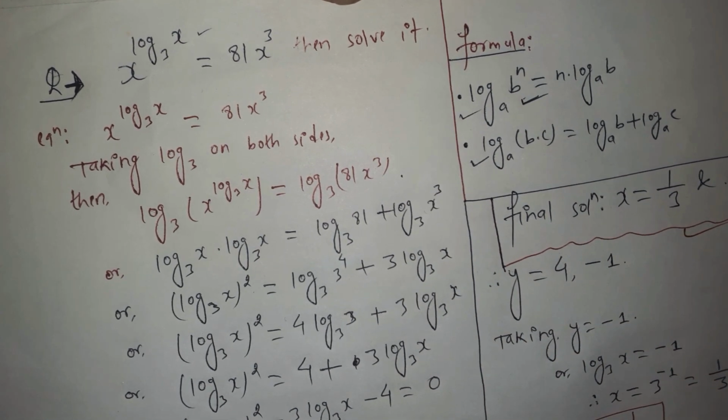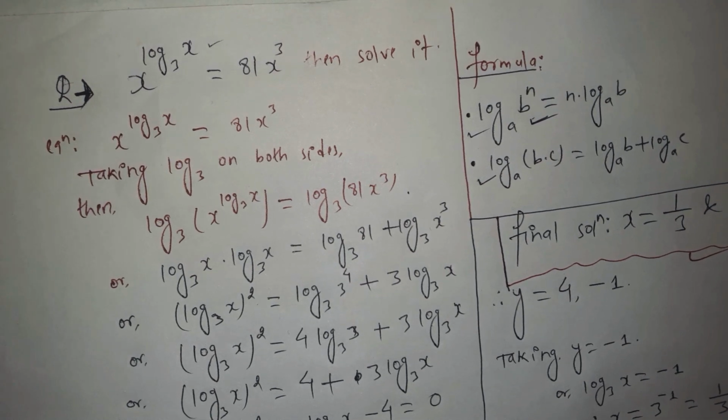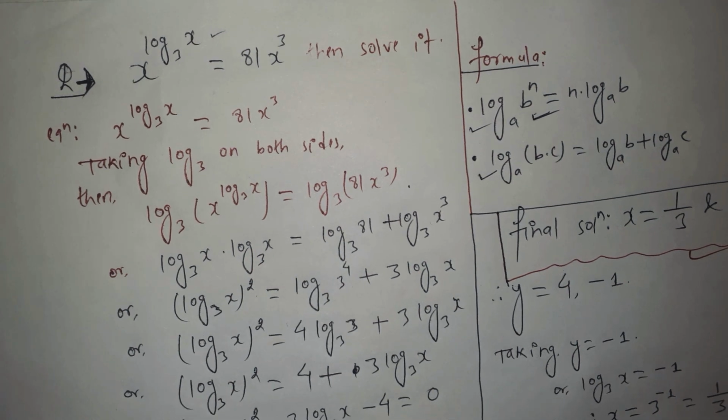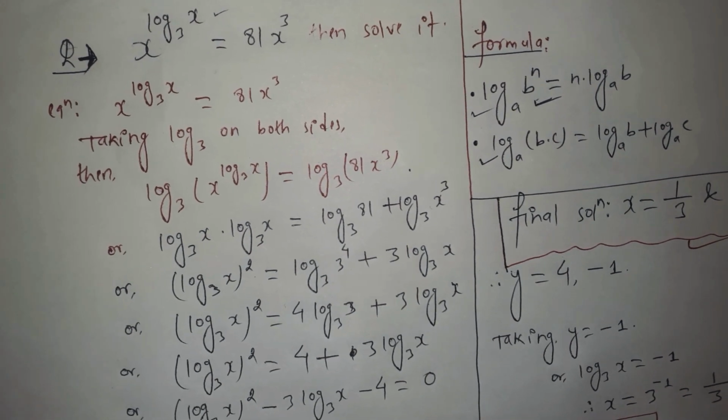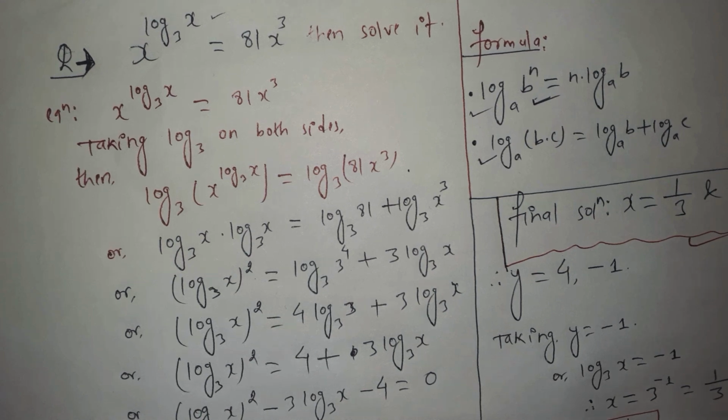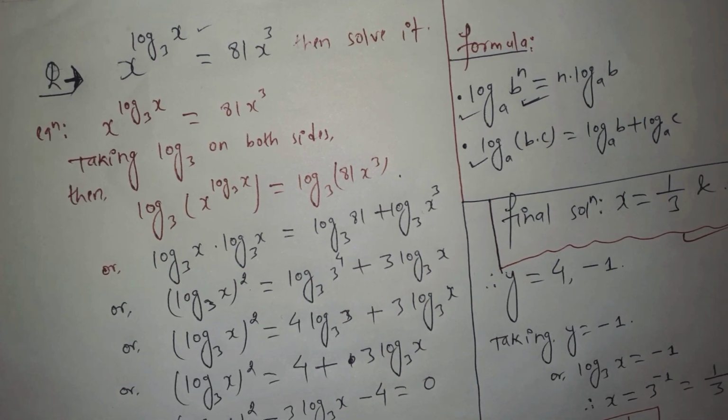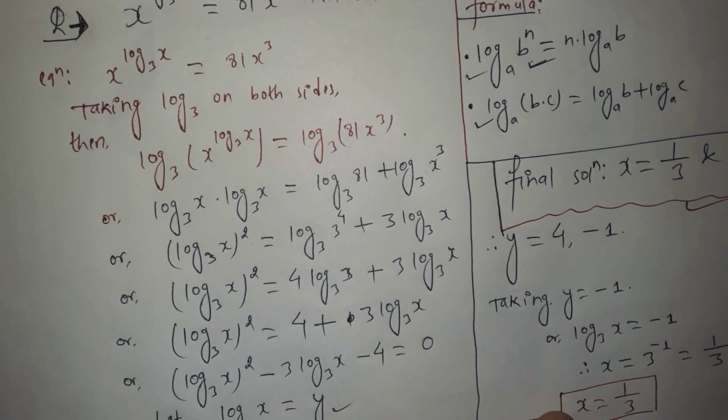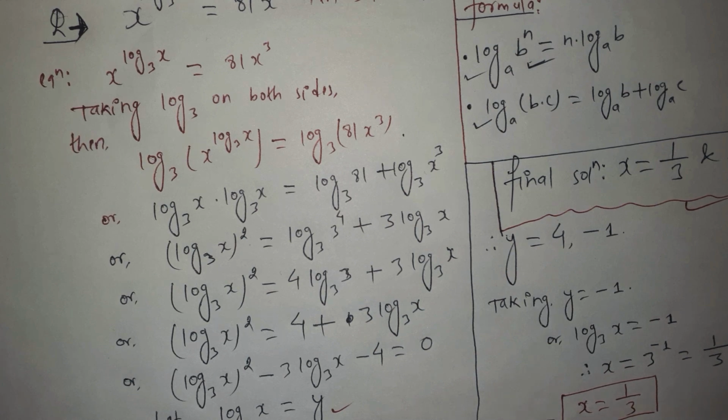Here we finally use the concept of substitution. We substitute our logarithmic function as a new variable y, and then we solve the quadratic equation, and we finally obtain the value of our variable x. This is the whole